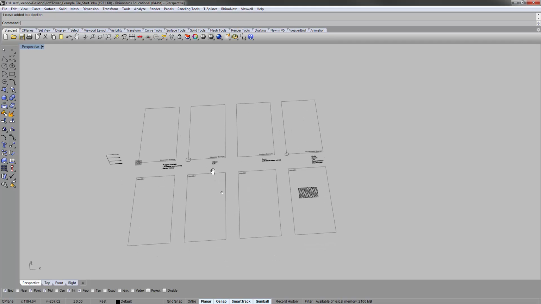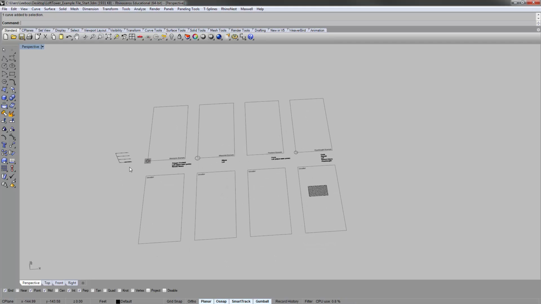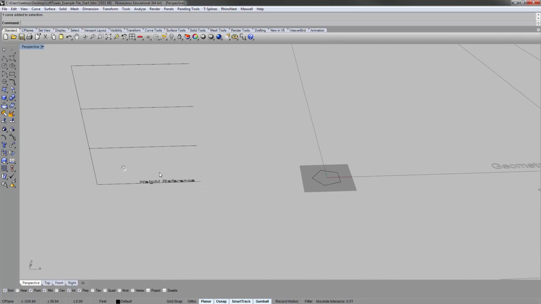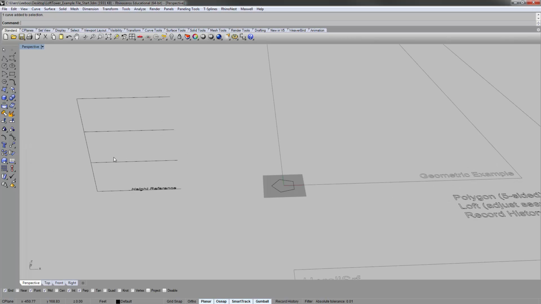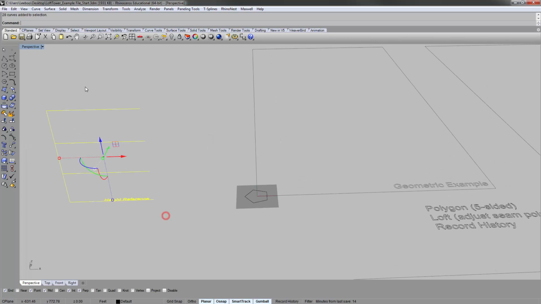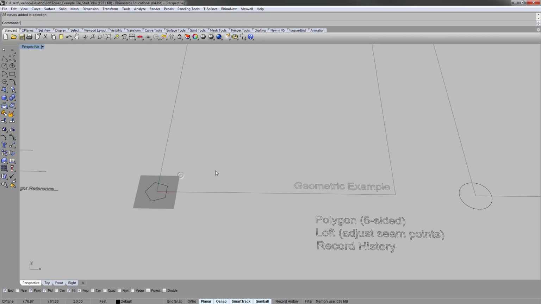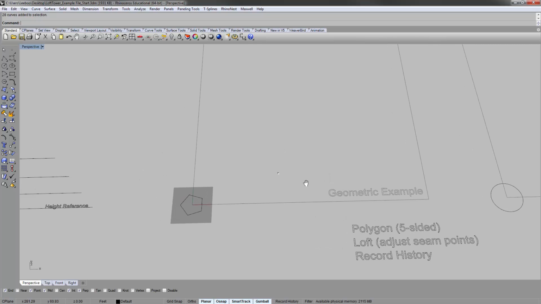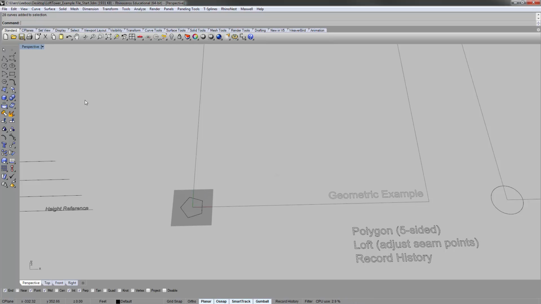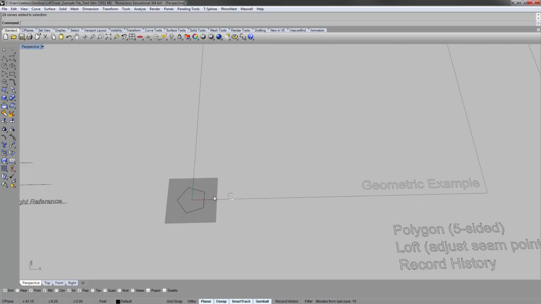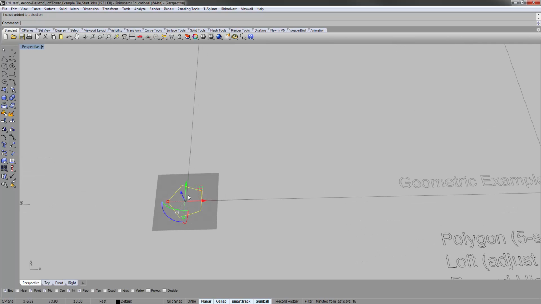So to start out, you'll see a file that looks more or less like this. On the left, you'll have these height reference lines that I've put in just for your use. Okay. And if we start, the first one we'll look at is the geometric example. If you remember, this is the Turning Torso tower by Santiago Calatrava. Now this is just a visual reference for you to understand what we're trying to do